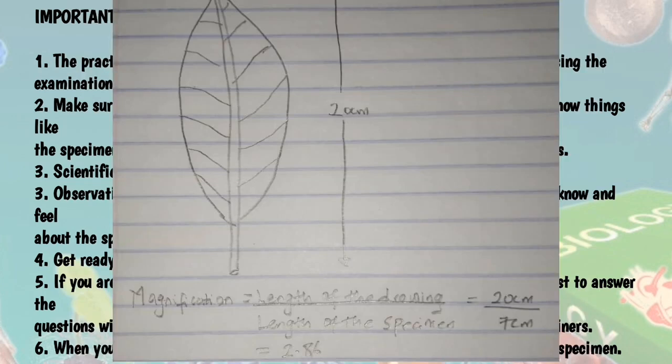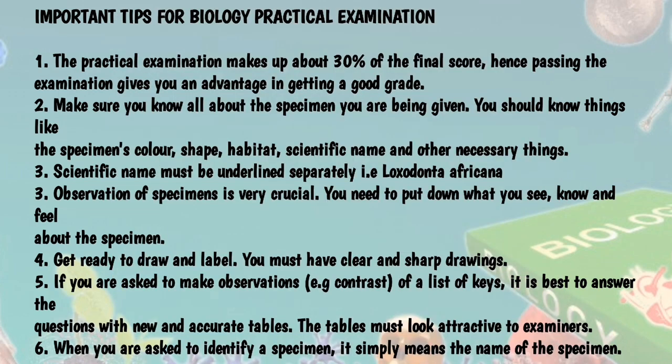Then our drawing measures about 20 cm. So when you divide 20 by 7, you end up getting 2.86. So that's the magnification of the diagram. You must calculate for that and write it somewhere towards the lower corner of your space. Just calculate it and write it. It is very important you do that in the biology practical